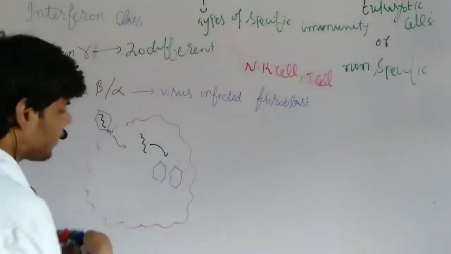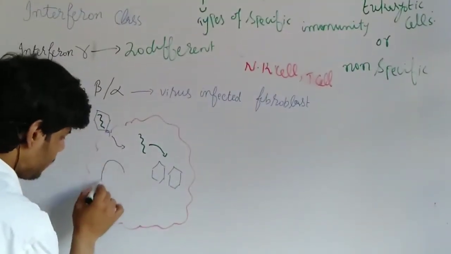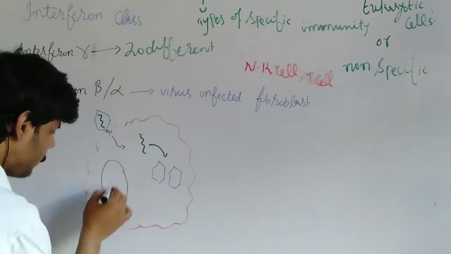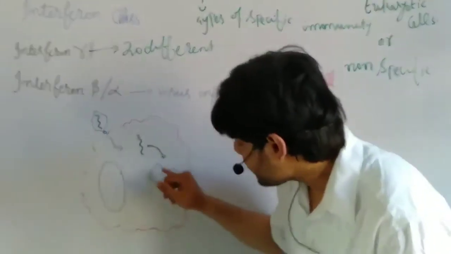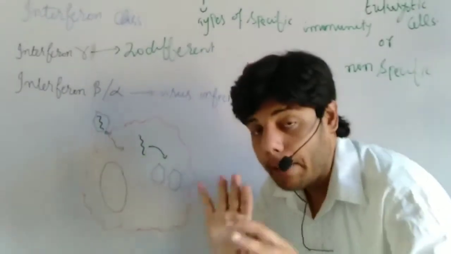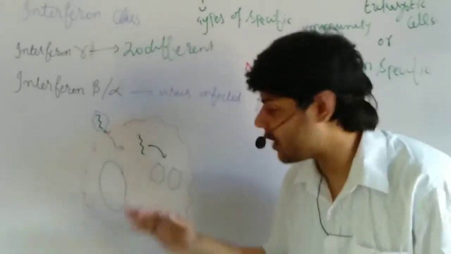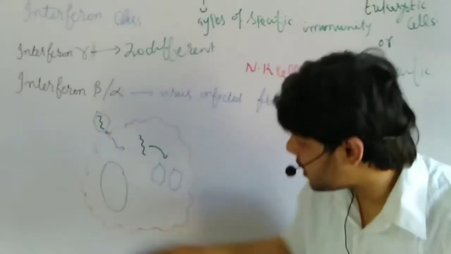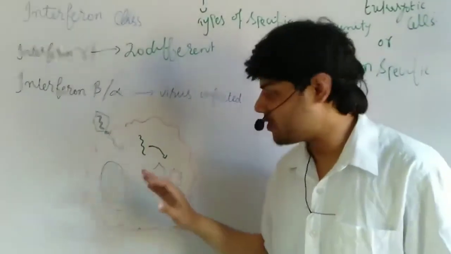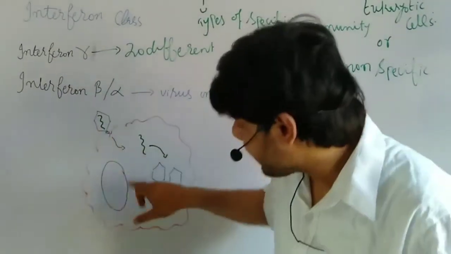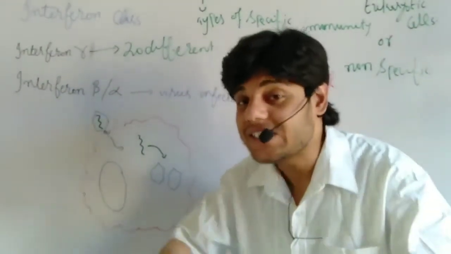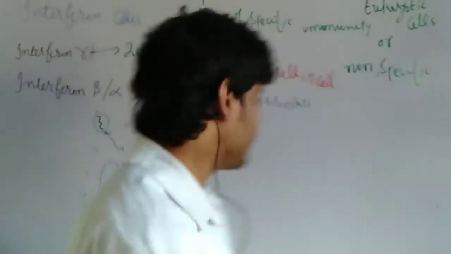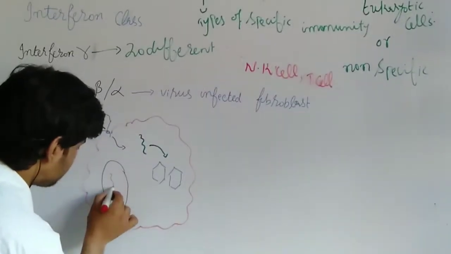So we get different kinds of viruses. Now this is the nucleus of the cell. Once we get different kinds of viruses, before each virus is mature and released out and disturbs this infected cell, what actually happens? This nucleus contains different kinds of genes. Each gene is activated. Okay, so we get the genes.